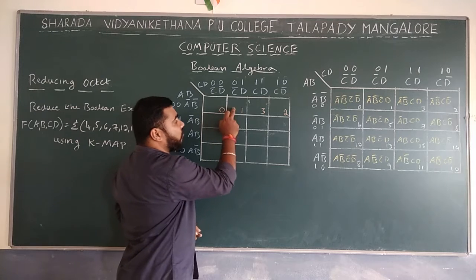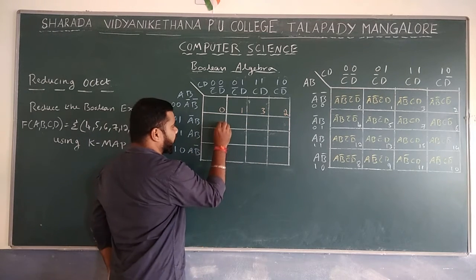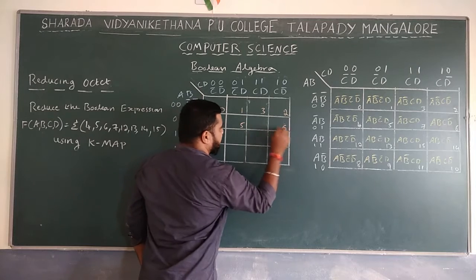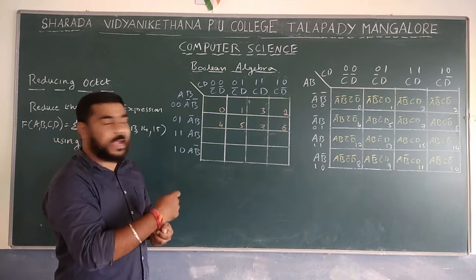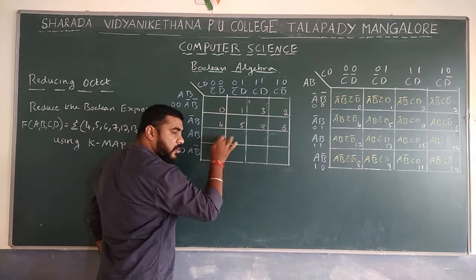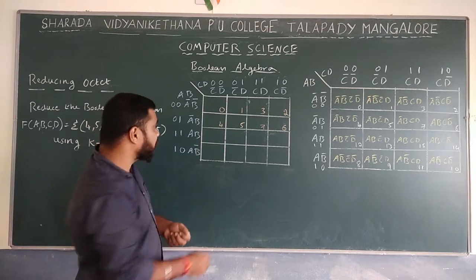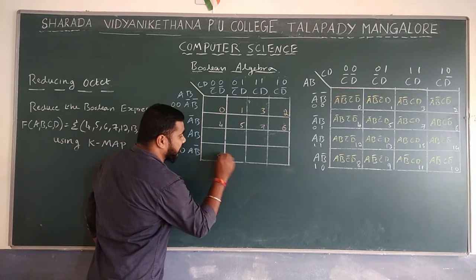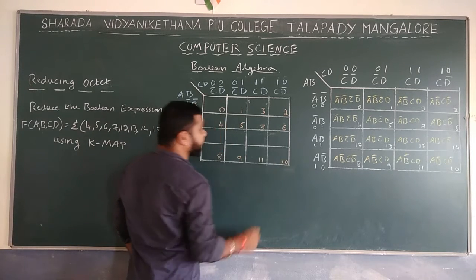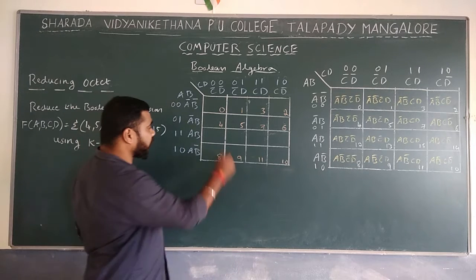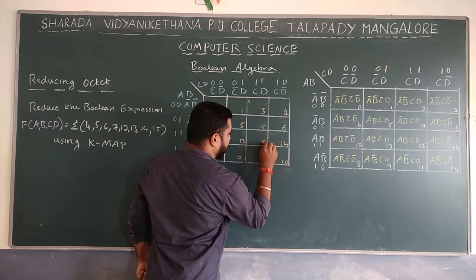So here 0, 1, 3, 2 or 2 and 1 come back. Then 4, 5, 6 and 7 because you have to skip 1. You have to skip once, then you should come back. Then here third row is there. Whenever third row is there, what you have to do? You have to skip to next step. It is 8, 9, third row, so it is 10 and 11. And later 12, 13, this one is 14 and this one is 15.